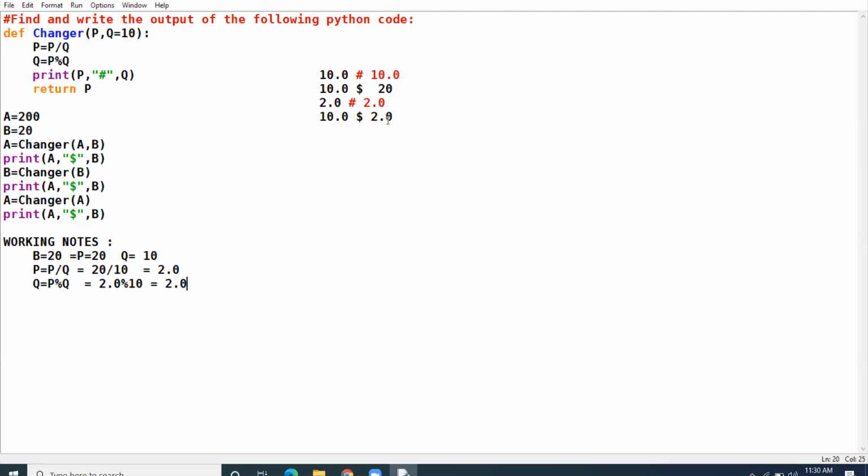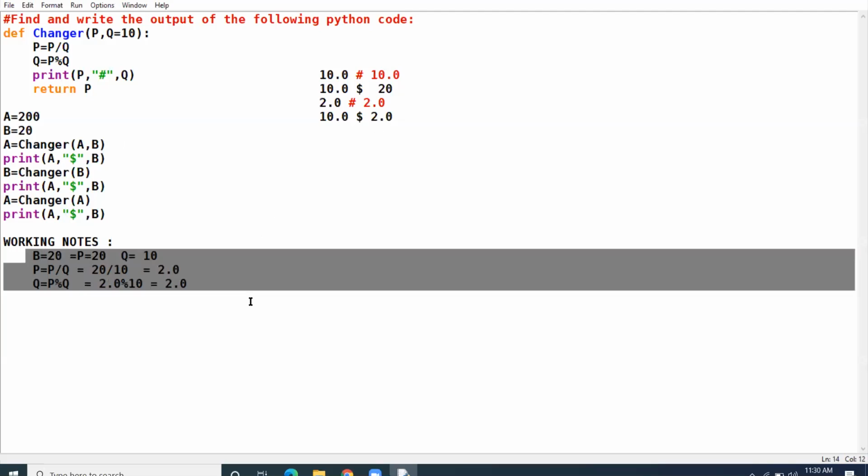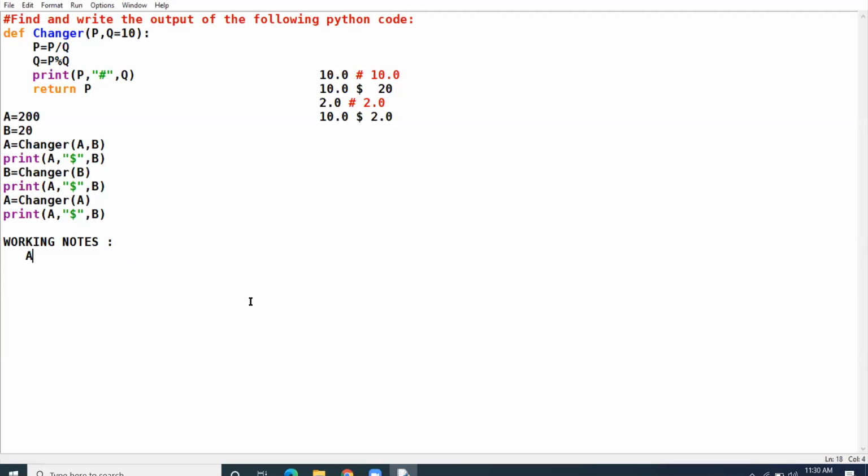All right. So we are now at the third calling, changer A. Now A has been sent as the parameter and A will take the value 10.0 and it will go to P. So P will also take the same value 10.0 and Q will take the value 10.